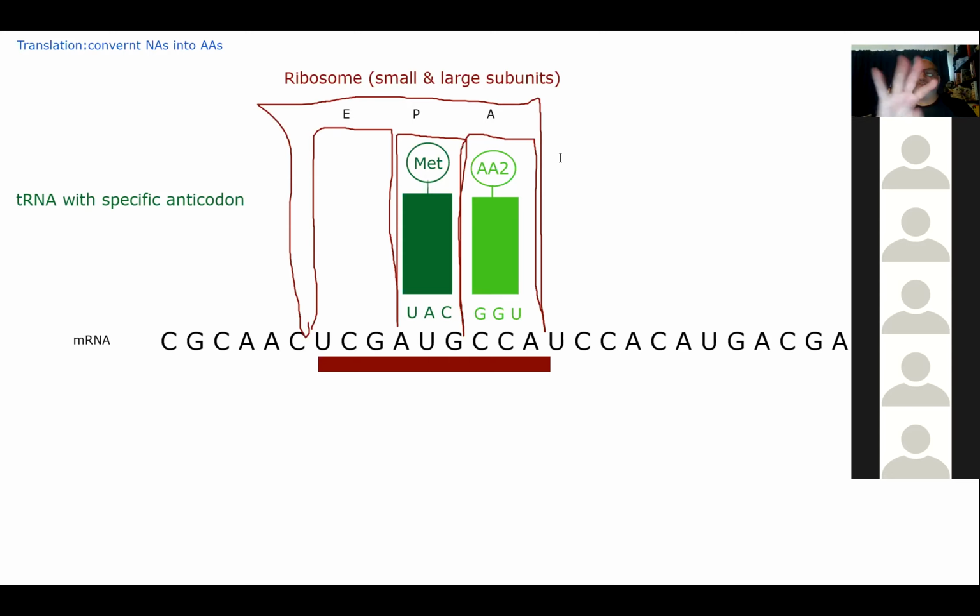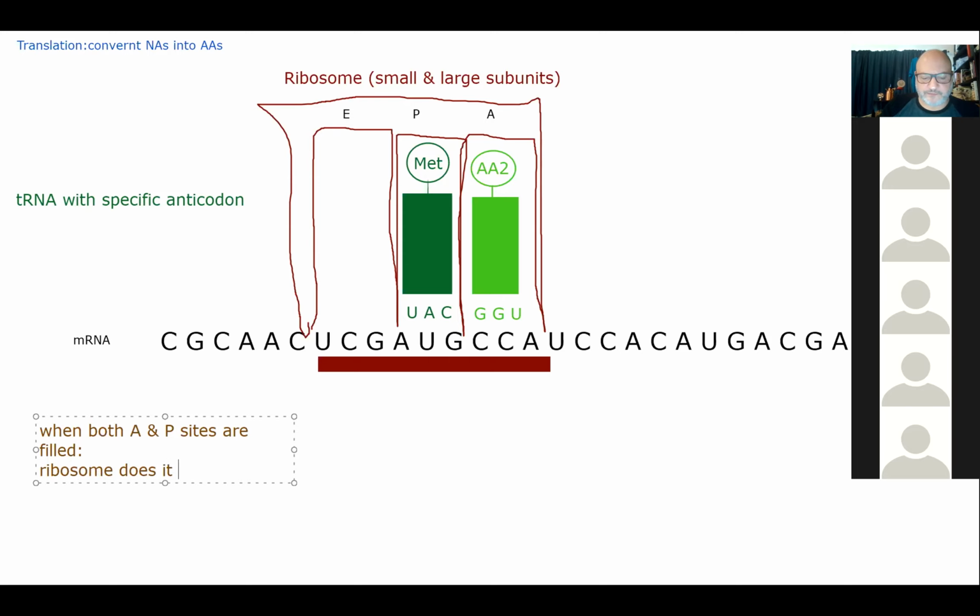So first thing that happens is the 4 things come together. Then a new transfer RNA bringing a new amino acid comes in. At this point, everything is filled. So at this point, now our ribosome is going to do its work. I'll write this down there so it's out of the way. So let's say it this way. When both A and P sites are filled, our ribosome does its work. And its work is twofold. The first thing it is going to do,